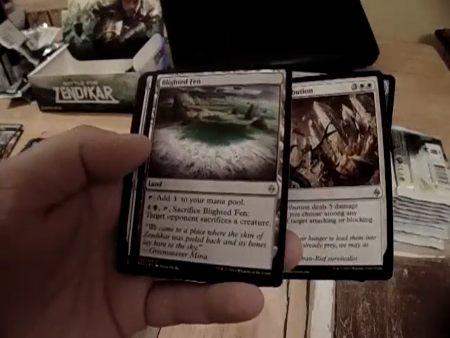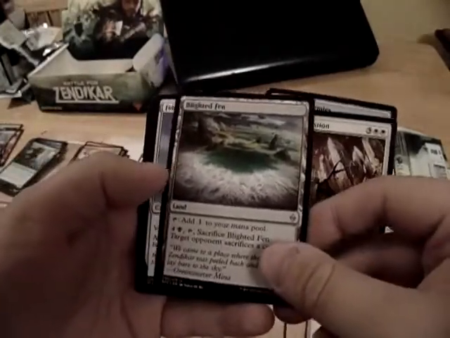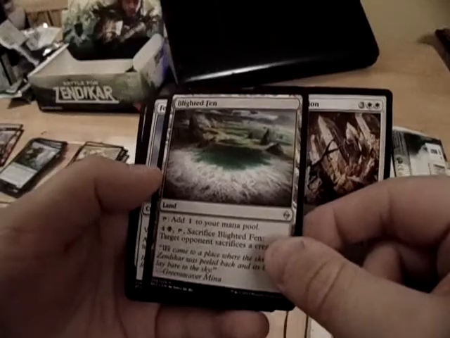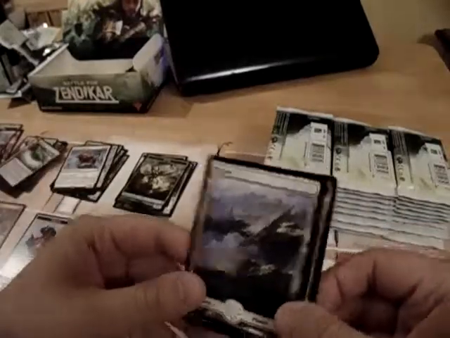4 colourless and a black. Sacrifice when target opponent sacrifices a creature. Okay, I can make it. That could be interesting on an Eldrazi deck against an Eldrazi player who's just sacrificed tokens to get something big out. Zendikar Sovereign. And Plains and a Scion. That Sovereign is an